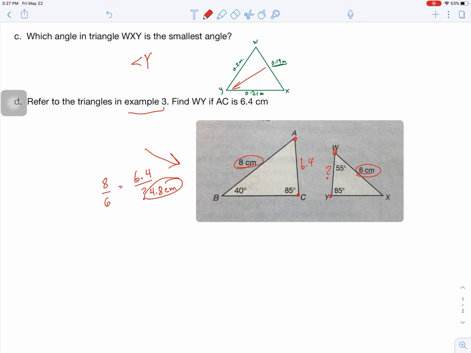And that takes you through your practice set. So do all of the odd numbers for this lesson. Make sure you mark your work from